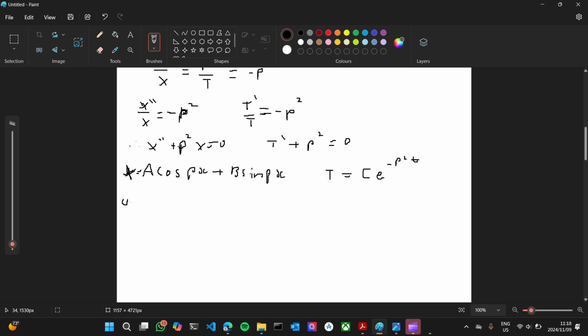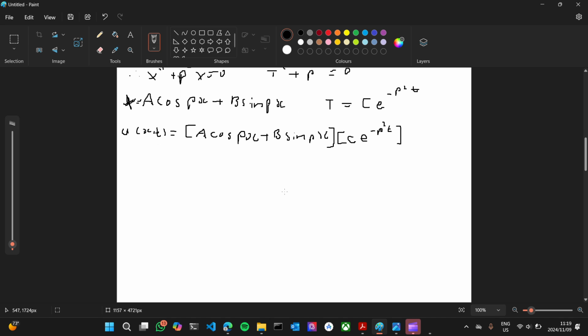And so u of x, t is now given our first general solution, a cosine px plus b sine px multiplied by c e to the minus p squared t. Dope. Okay, so